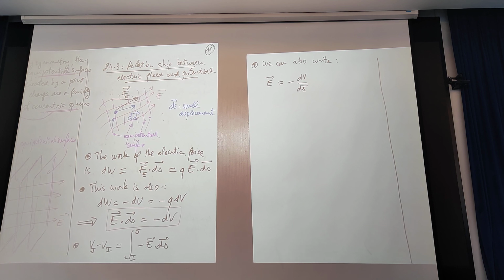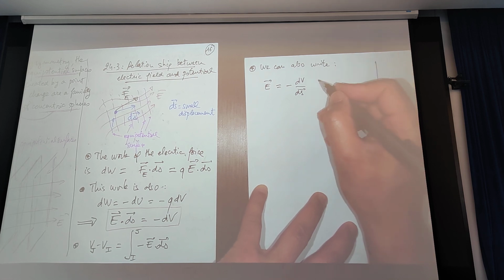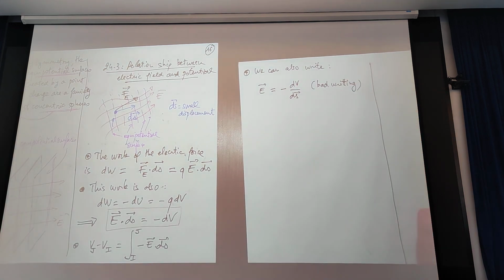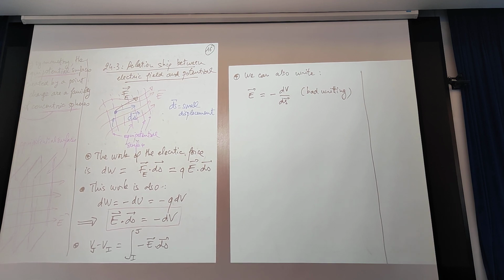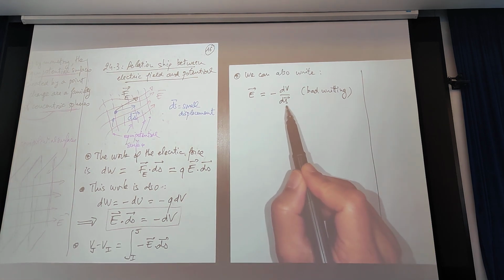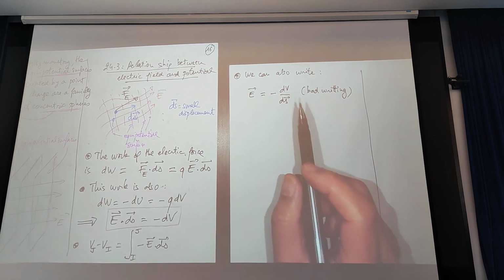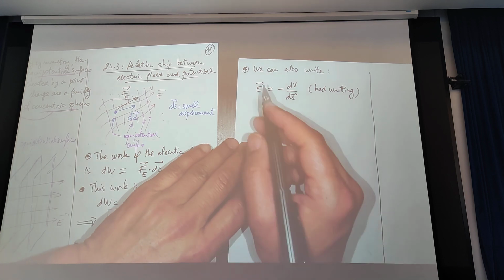But this is not a good mathematical way. It's not correct mathematically, it's a bad writing. Why is it a bad writing? Because in math, we do not know what it is to divide a number, dV, by a vector, ds. It's not possible to write like this. So the good writing is